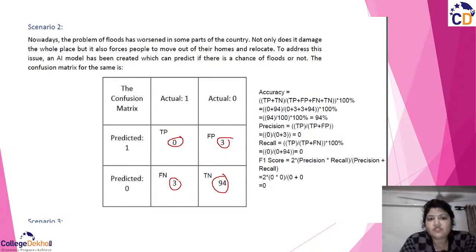So here we have zero values, right? There is no result that is matching with the actual and the predicted ones. We can easily find out this. If such kind of system exists, obviously that is going to fail, right? It is not going to provide you the accurate results. So what we are going to do is